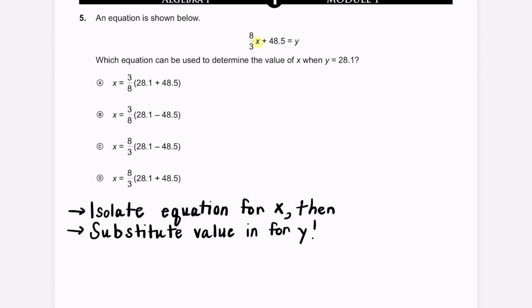So you have two ways you can go about this. You can substitute 28.1 in for y to begin, and then isolate the equation for x, or you can isolate the equation for x and then substitute in 28.1 for y. That's what I'm going to do, so I don't end up trying to combine like terms or anything like that. So if I just rewrite this,